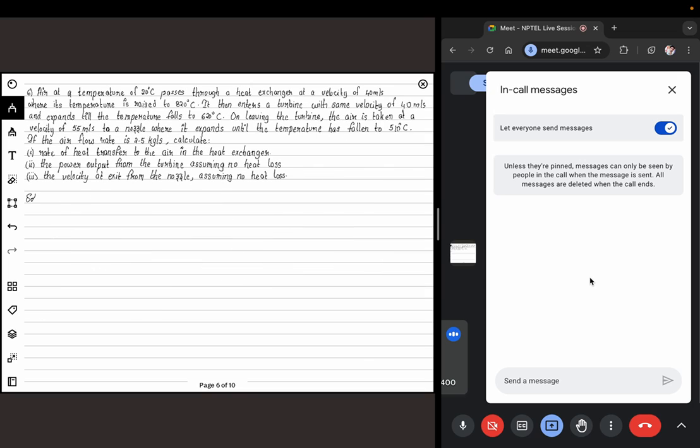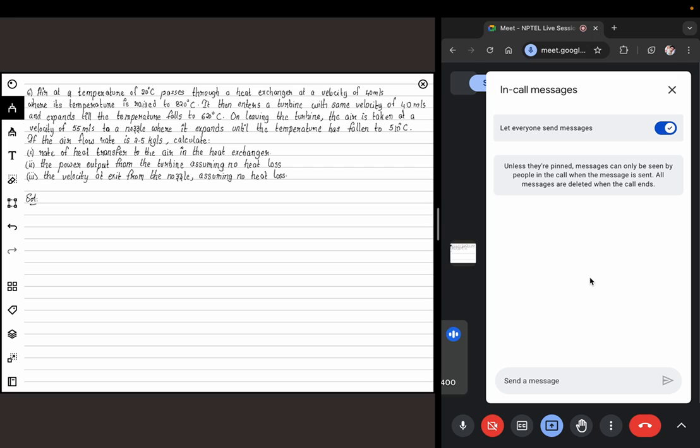Okay, we'll move on to the next problem. Air at a temperature of 20 Celsius passes through a heat exchanger at a velocity of 40 meters per second, where its temperature is raised to 820 Celsius. It then enters a turbine at the same velocity of 40 meters per second and expands till the temperature falls to 620 Celsius. On leaving the turbine, the air is taken at a velocity of 55 meters per second to